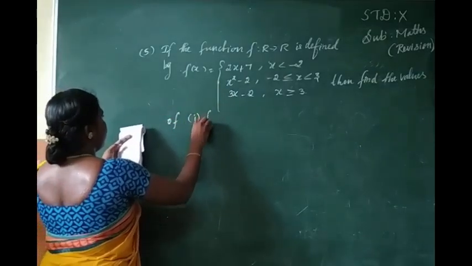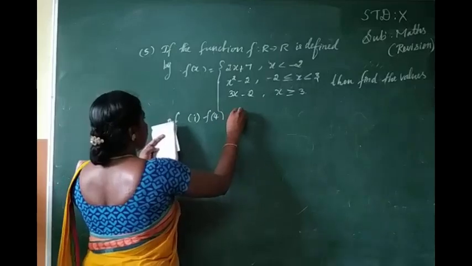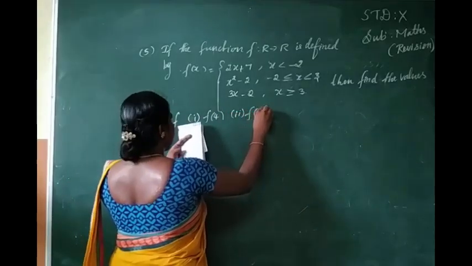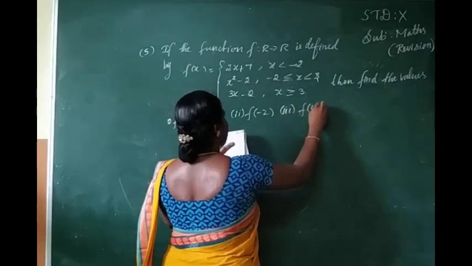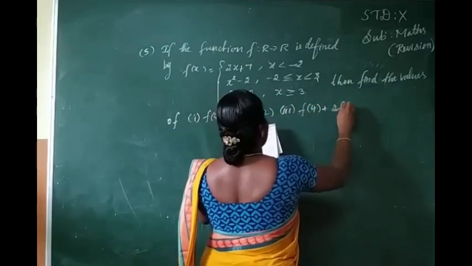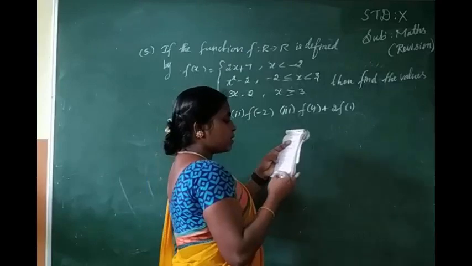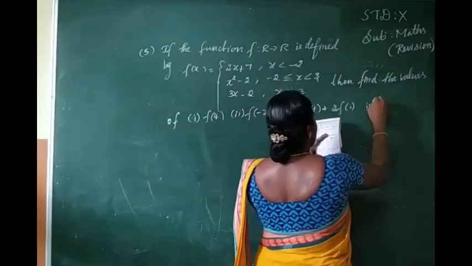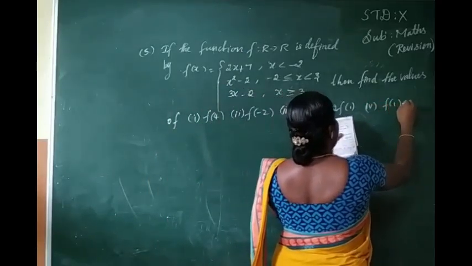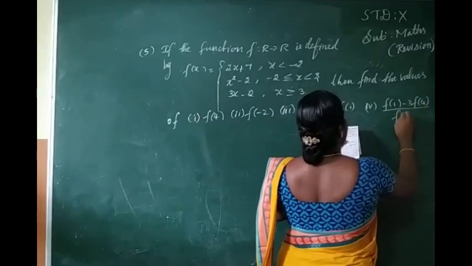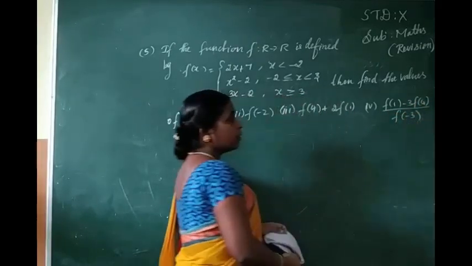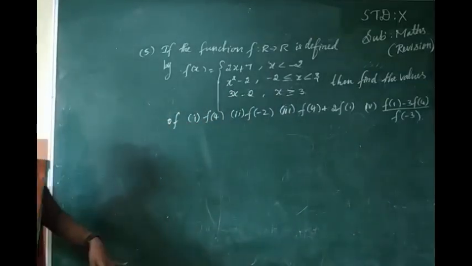first solution f of 4, second solution f of minus 2, third solution f of 4 plus 2 into f of 1. Okay, next fourth solution is f of 1 minus 3 into f of 4 by f of minus 3. Okay, so we can find, before going to do,